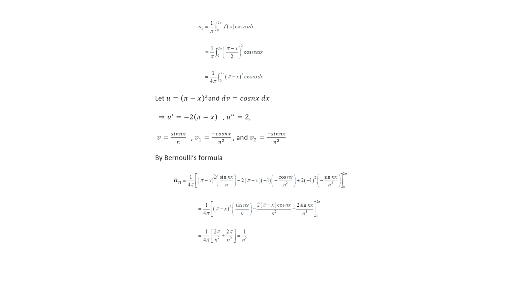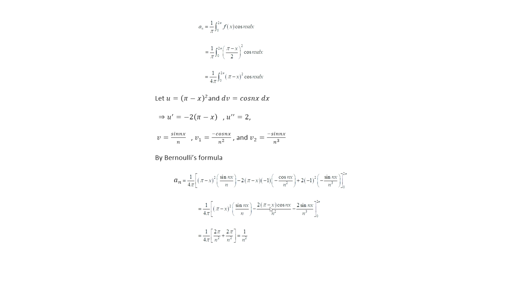into pi minus x whole square sin nx by n minus 2 into, when we multiply these two we get positive sign, so minus 2 into pi minus x into cos nx by n square, then minus 2 into sin nx by n cube. When we apply the upper limit, we get for sin multiples of 2 pi is 0 and sin 0 is also 0. Therefore the first and last term is 0, and for the middle term we get